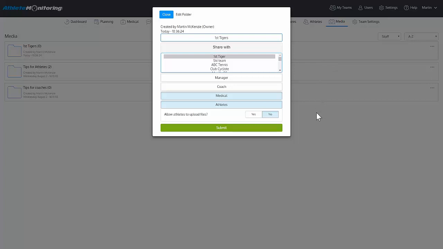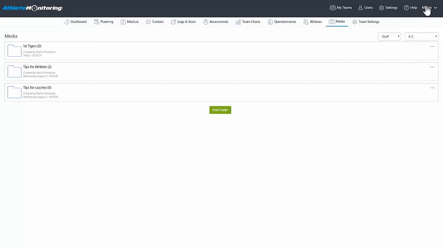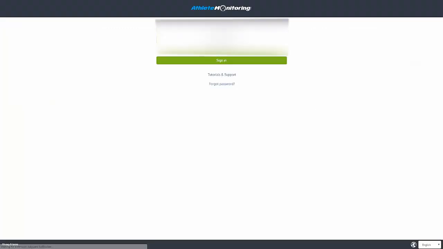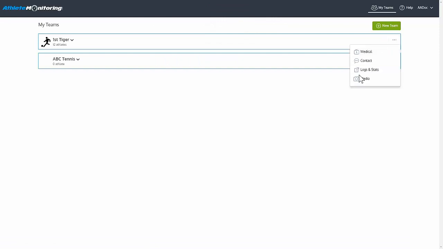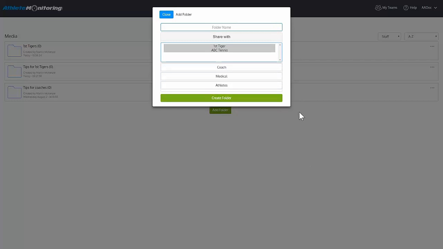I'm going to log out and back in as a doctor. And because I haven't saved this, medical users are still the only ones allowed to view this folder. Now if we add a new folder, you'll see only coaches, medical users, and athletes are optional. This is because coaches and medical users are on the same level of authority as this account, and athletes are below it, so they are all optional for whether we want to give them access. Admins, owners, and managers, however, are left off of this list